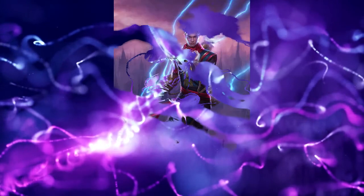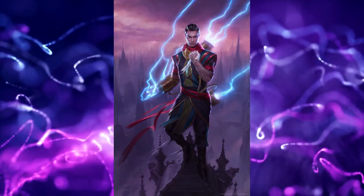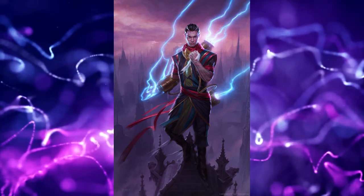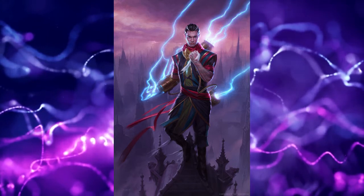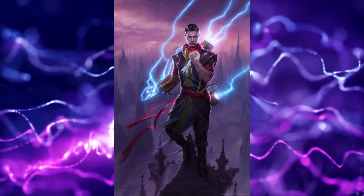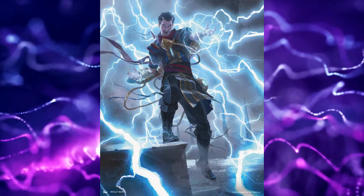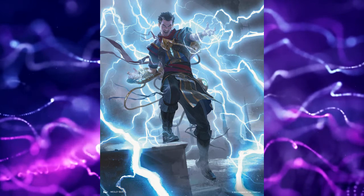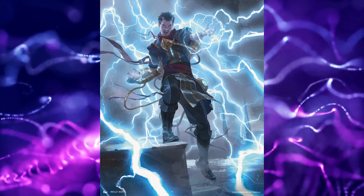And in this case, the first one is Ral, Izzet Viceroy. And his title card, if you look at the way he's painted and presented, it's shown with rigidness, a straight vertical line upward through his spine. Very stern, direct look and very serious tone to him. But that's not really him, because if you look at the very next piece, which is Ral, Storm Conduit from War of the Spark, you can see his more raw, electric emotion being shown through his face and everything going